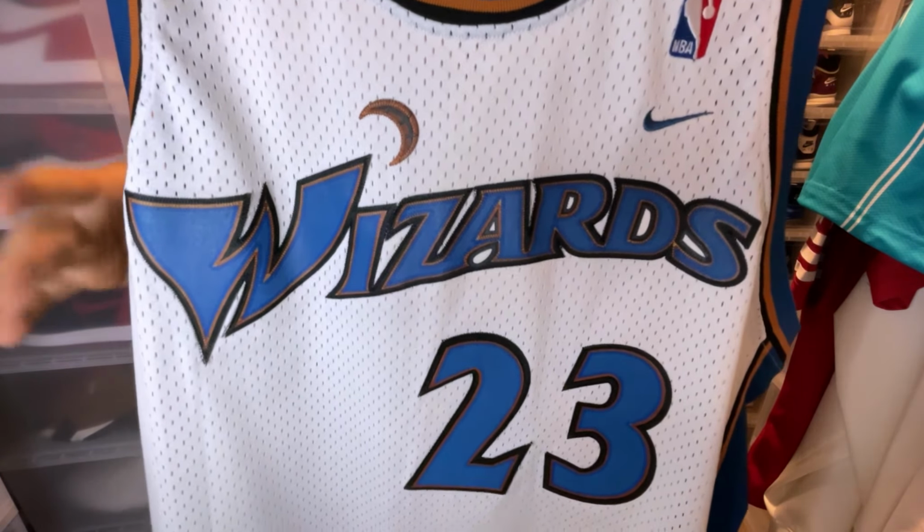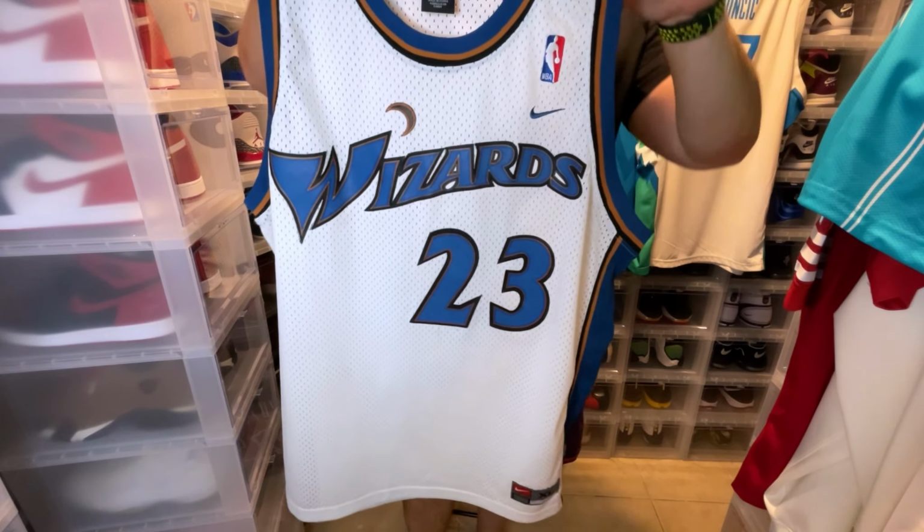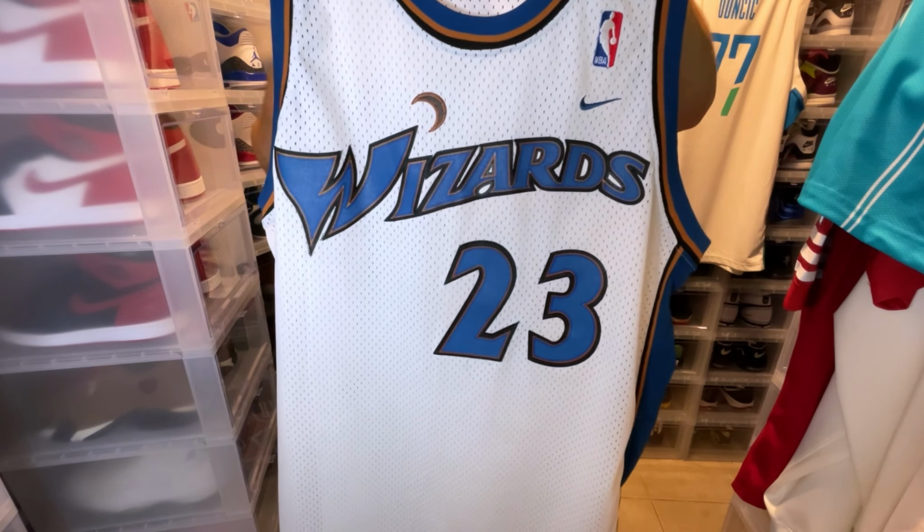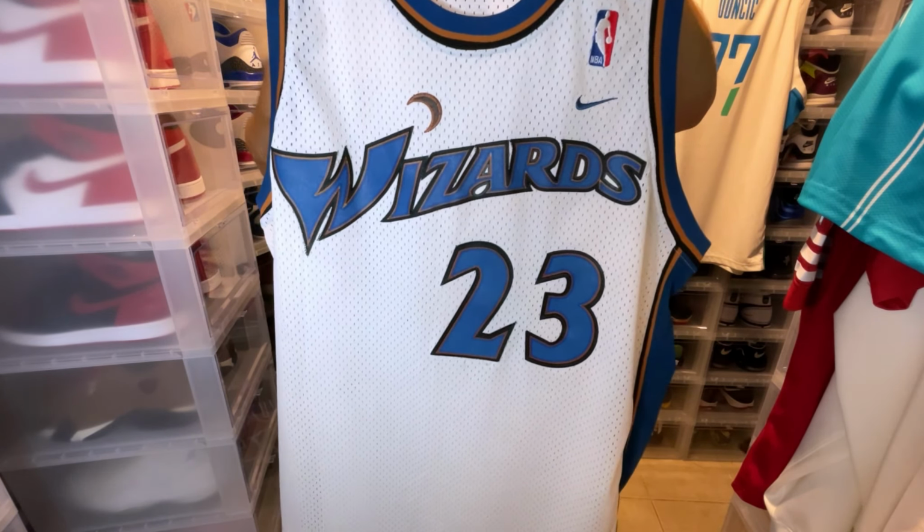I think if this Swingman was still made like these, I would still purchase them, but the fact they aren't, I don't. All right, so that's just a personal preference. I wouldn't say that you have to follow suit, but that's just how I personally feel about the Swingmans. Now we get to the back